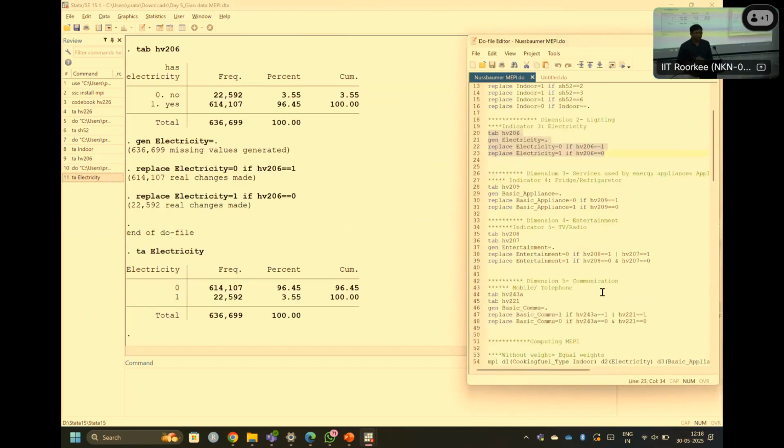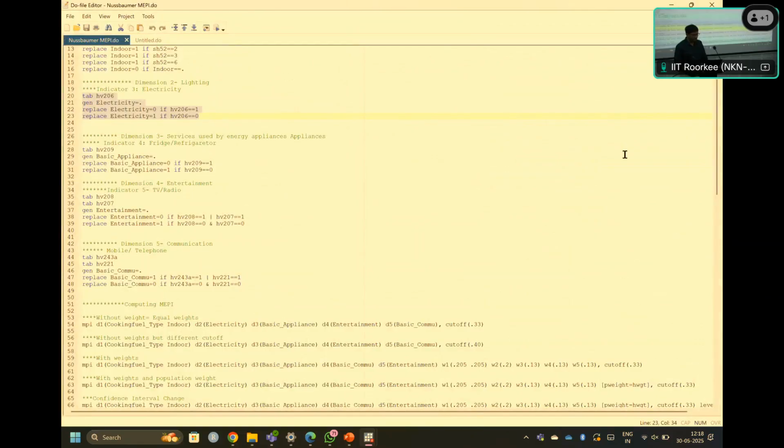So now coming to the third dimension, that is on services used by energy appliances. Within this dimension, one of the good indicators, even as per the literature, that we have used for our work is freeze or refrigerator.